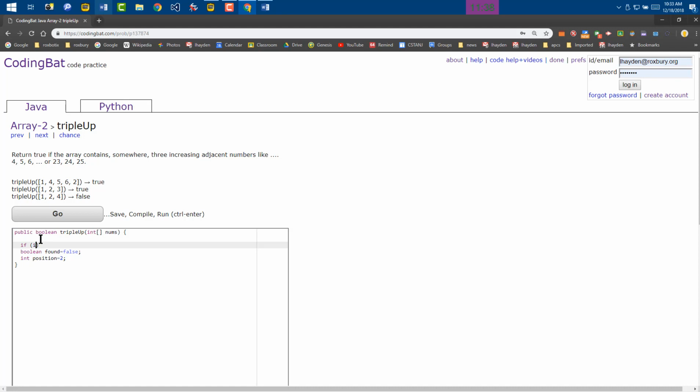So I'm going to say if nums.length is less than 3, return false. All right. So if I get past that statement, it means the array does have at least 3 elements, so I can continue on with my loop. So I'm going to say while not found,